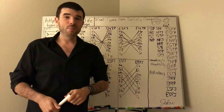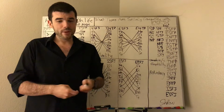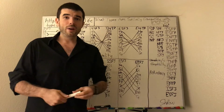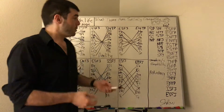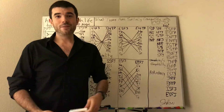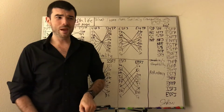In fact, I recommend burning it. Get your nice little socionics poster that shows compatibility and everything, that nice little grid that they have, light it on fire, and then it will no longer be your issue anymore. And then you can learn this, and you'll actually know that you can be happy instead of trying to find your polar opposite and marry them, or have a friendship with them, and then have a really